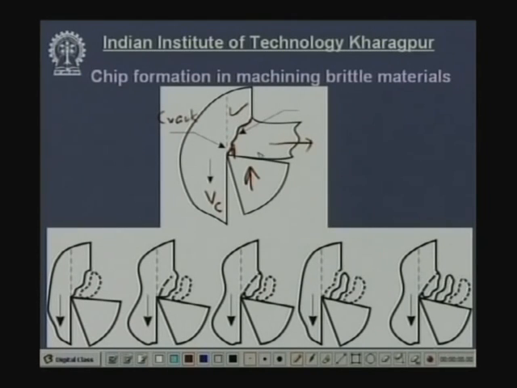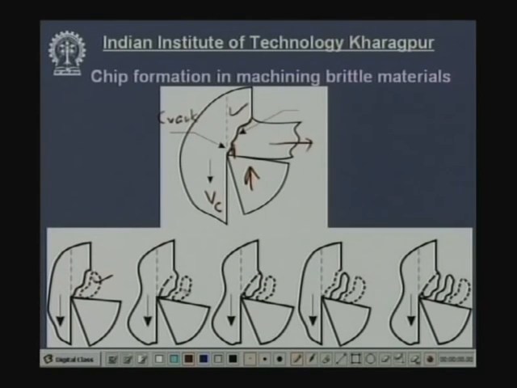This is the mechanism. Now, let us see this one. Here a chip particle has been formed of irregular size and shape, and it has been separated out from an irregular surface with a minimum resistance path, because these brittle materials have a lot of voids and defects. So, it does not have uniform property.